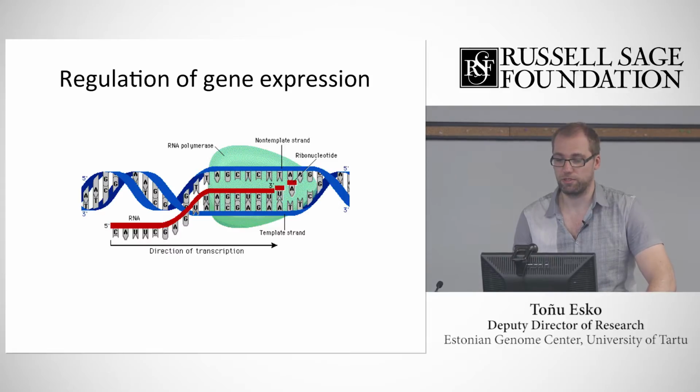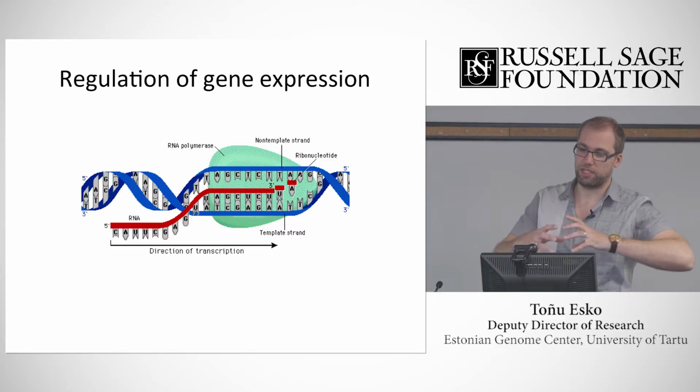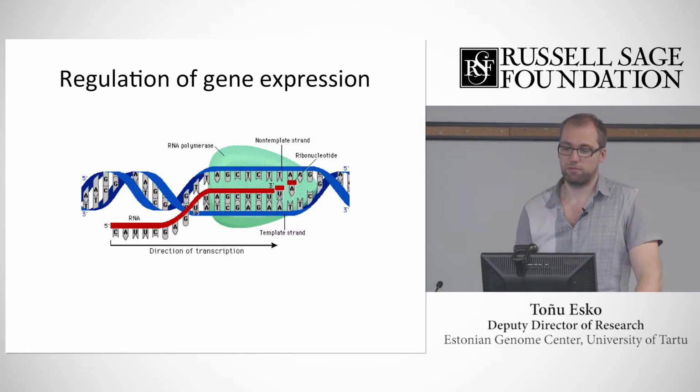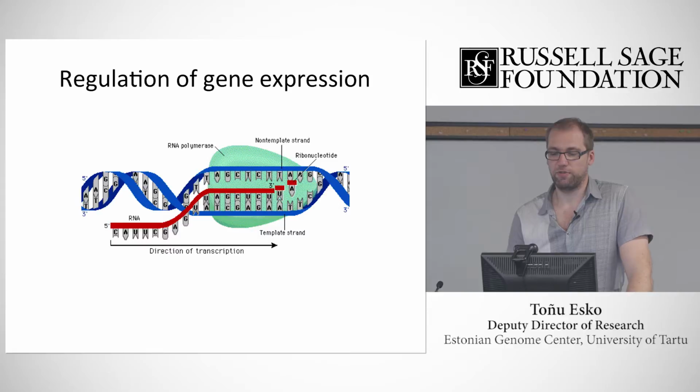So again, there are some regulatory sequences that call for certain proteins at first, and then a complex forms there, and then this complex starts to unwind the DNA double helix. And again, based on this complementarity I explained before, where always the guanine goes with cytosine, and adenine goes